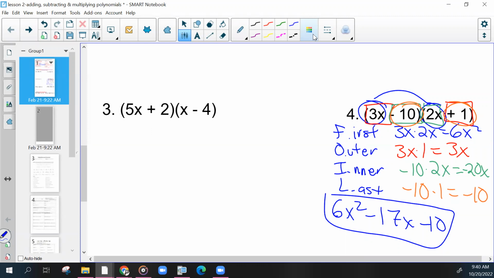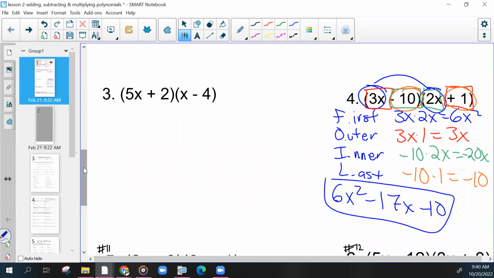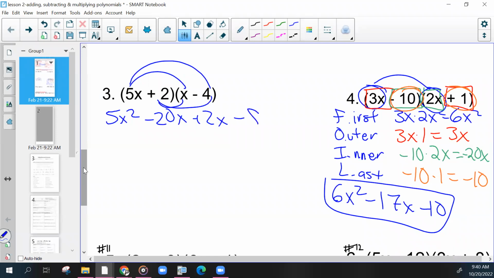Jada? If we do that, would you have to write out the exact same way and stuff like that? No, so as you start to get the hang of this, you could just do this. I'm gonna do this for this example. This would be your first. This would be your outer. Your inner, your last. So as long as I see that you have 4 terms and then you combine them to get 3, that's all I need. How you do that is up to you.